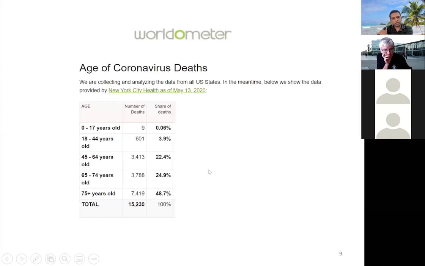This is one such case uploaded earlier. It is again with age, where the share of deaths is given. This is for New York City. This kind of data is very important in the initial stage, especially because people are not aware, even the health officials are not aware of what is going on around them. If you provide this kind of data, people can suddenly realize who is the targeted group, who should be the targeted group.